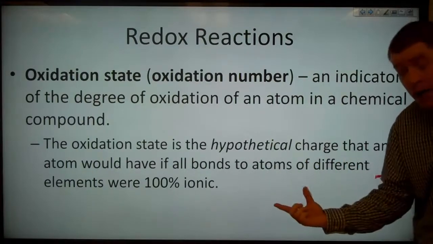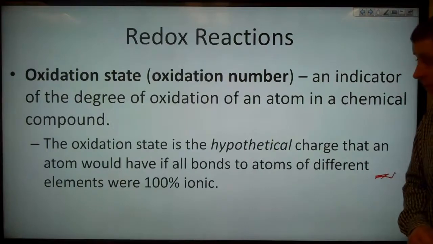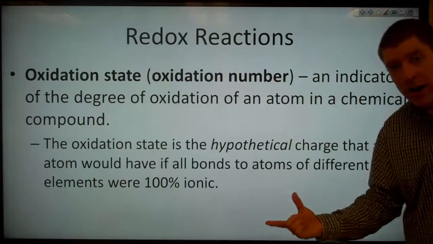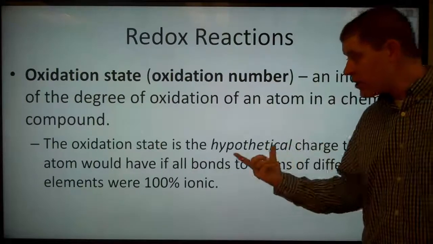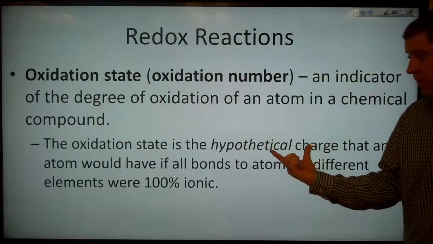Now, they're not. In fact, they're not 100% ionic even in ionic compounds, but we're assuming here that all of the bonds are ionic in order to assign full oxidation states, full charges, as it were, to all of our